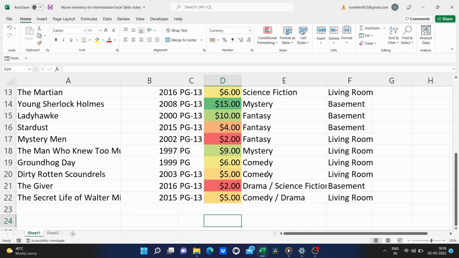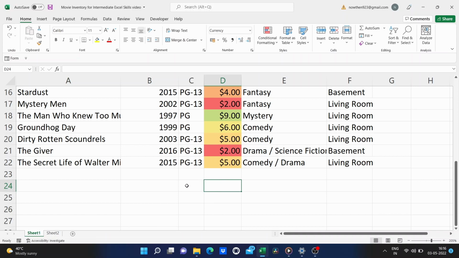What I'd like to do next is put in some formulas that will help me know things like what's the total value of my DVD collection, what is the average value of the DVDs that I own, and what's the most expensive and the least expensive, stuff like that. So, let's figure that out down here at the bottom of the spreadsheet.